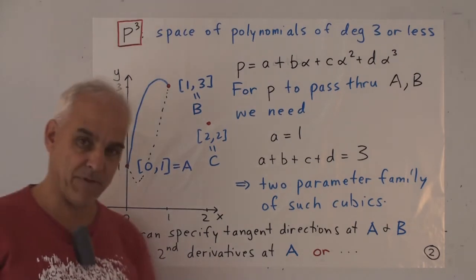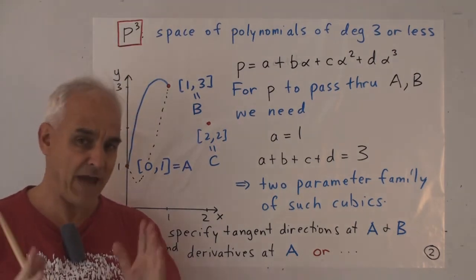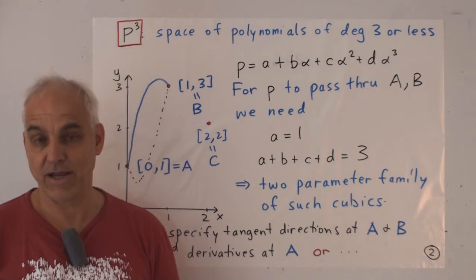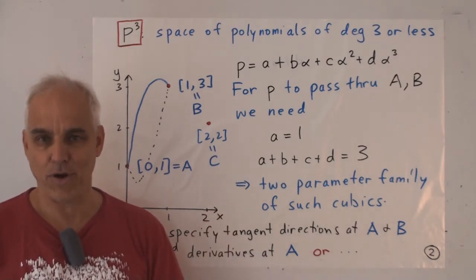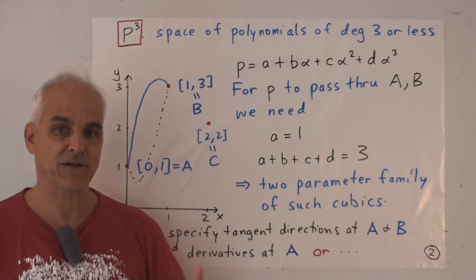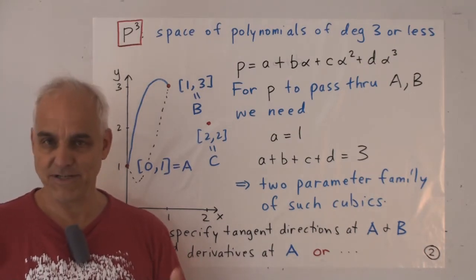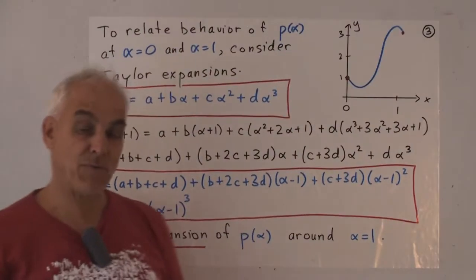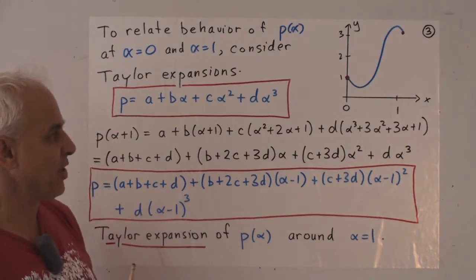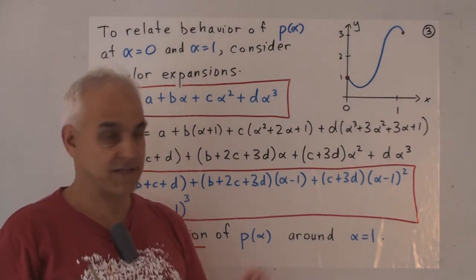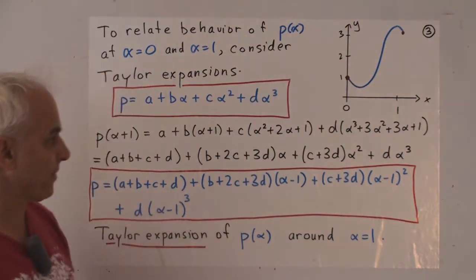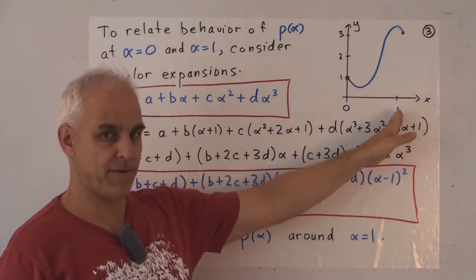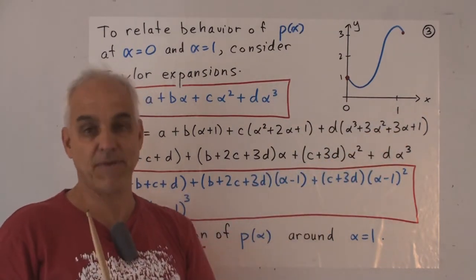Okay, so it sounds like we're going to need a little bit of calculus for this lecture. In fact, if you haven't taken calculus, don't worry. We really are not going to be needing calculus really at all to understand what's going on here. Right? So the calculus ideas that we do need, we can derive them ourselves just by a bit of linear algebra thinking. Okay, so what we're going to do now is we're going to relate 2 different views of this arbitrary polynomial. A view that's sort of based at 0 and another view that's based at 1, because these are the endpoints of the segment that we're considering.